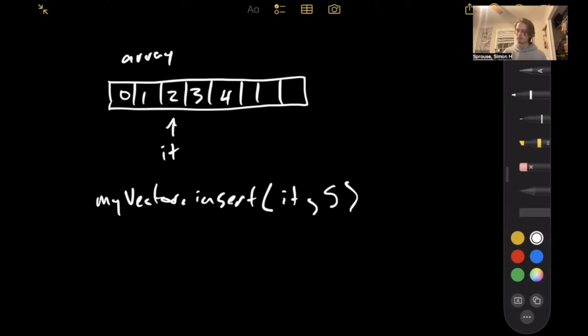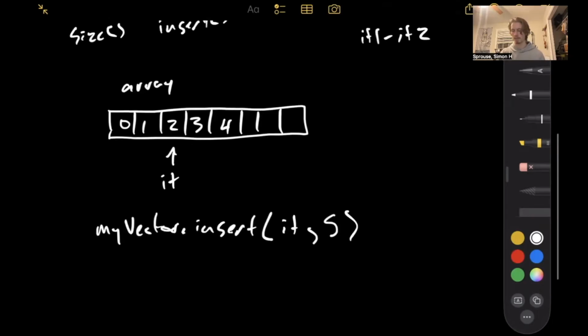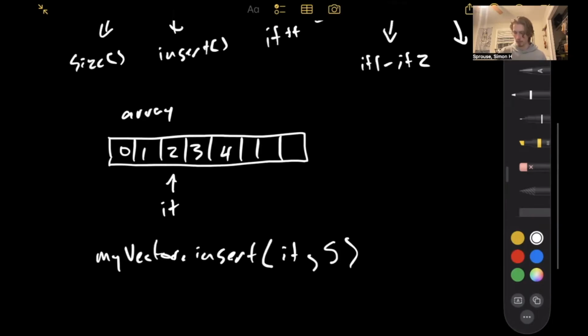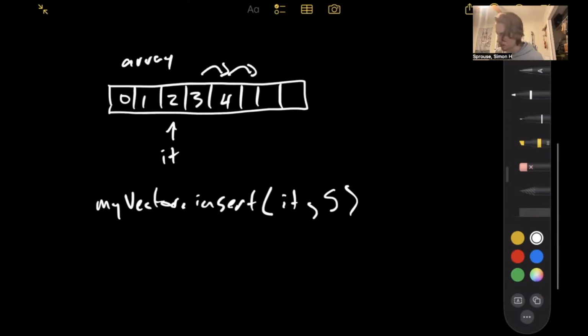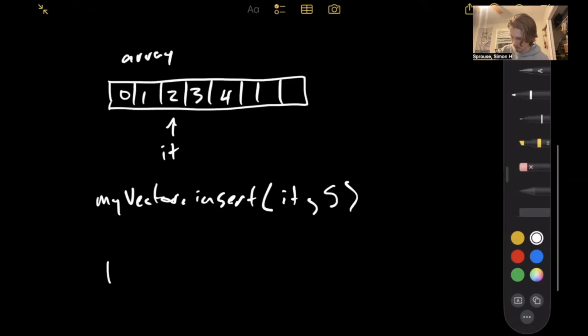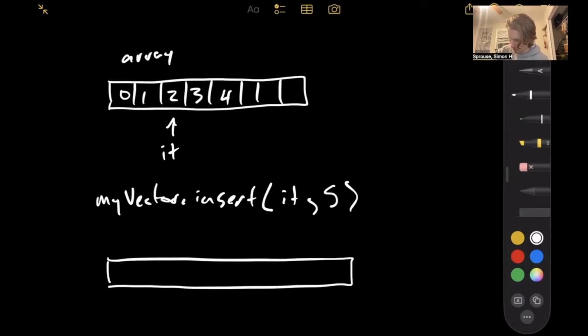A number. To do that, we're going to have to actually shift these elements over to make space. And so as a huge hint, when you're implementing the insert function, I highly recommend that you start when you're trying to make what essentially would be a hole in the array. So actually, let me do this. 1,